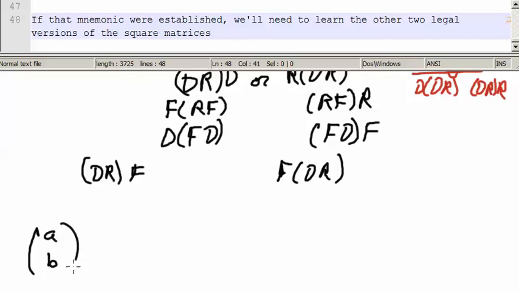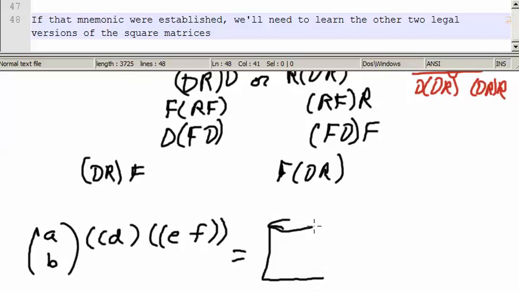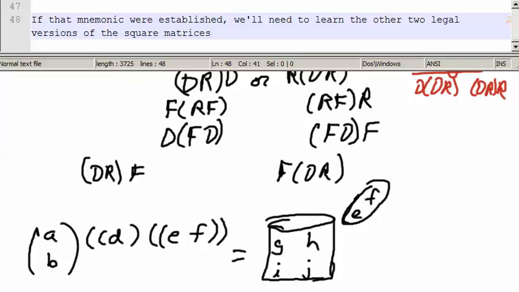A, B, C, D, E, F. Let me just write this as, I'm going to say AC equals G, AD equals H, and I'll just put in some letters for this thing so that I don't have to write too much. And then this one's going to come up this way. EF. So I would think that multiplying these two things is going to give us a GE,